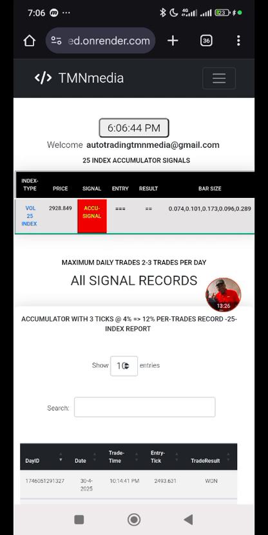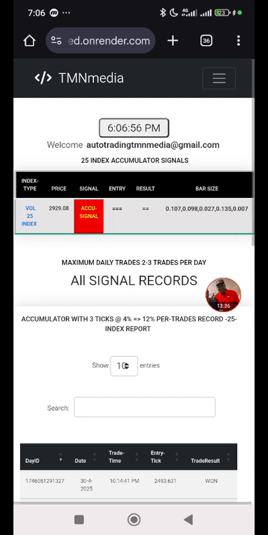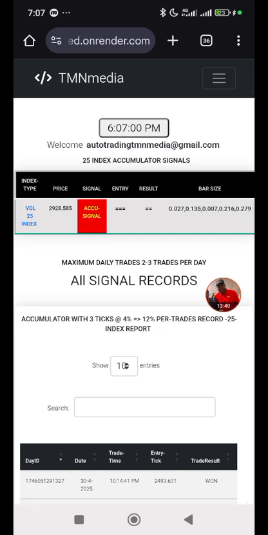The reason why we say keep it small. While I'm doing this recording, there has been nothing less than 3 signals and they were all won. Now, accumulator requires swift entry. I need you to understand, I'm repeating it again. Accumulator requires quick entry. So, if you want to trade accumulator, for instance, there are people who can split